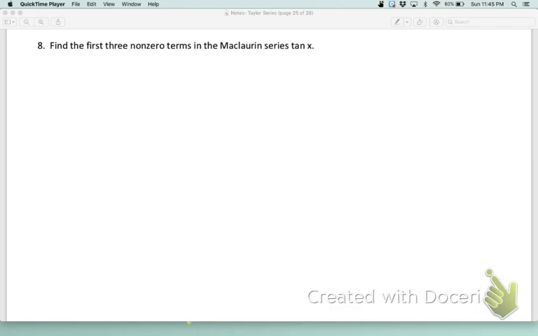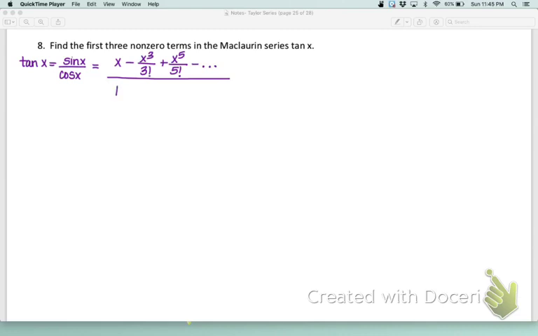Now, there's nothing I can multiply to make tangent, but I do know that the tangent of x is equal to sine of x divided by cosine of x. And based on the list and what I know about those series, that means that we are taking x minus x cubed over 3 factorial plus x to the 5th over 5 factorial minus ... Again, that list just came from our list of basic series that you have in your notes,